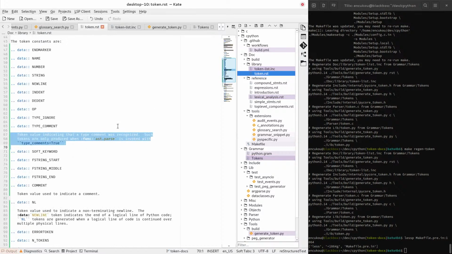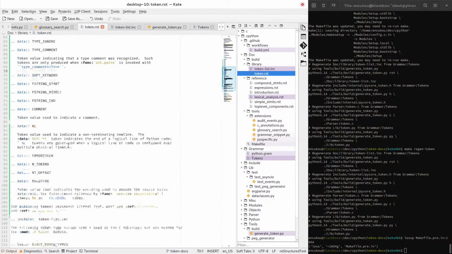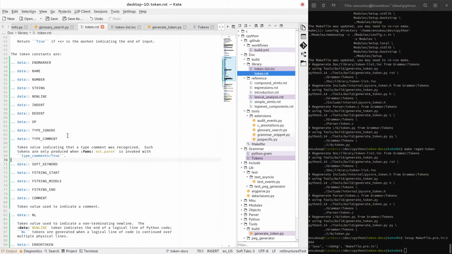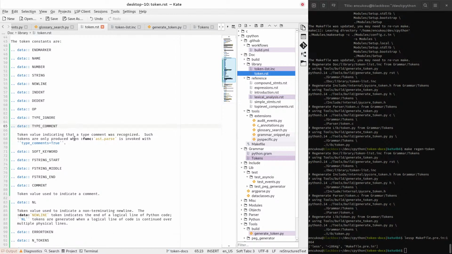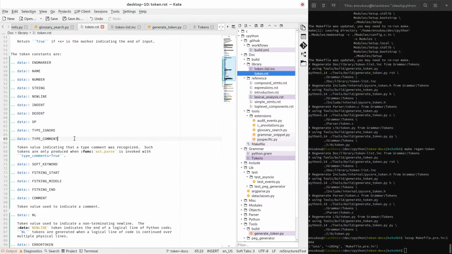Or we could have a separate file with some kind of mapping, but that doesn't really make a lot of sense. So what I think we should do is